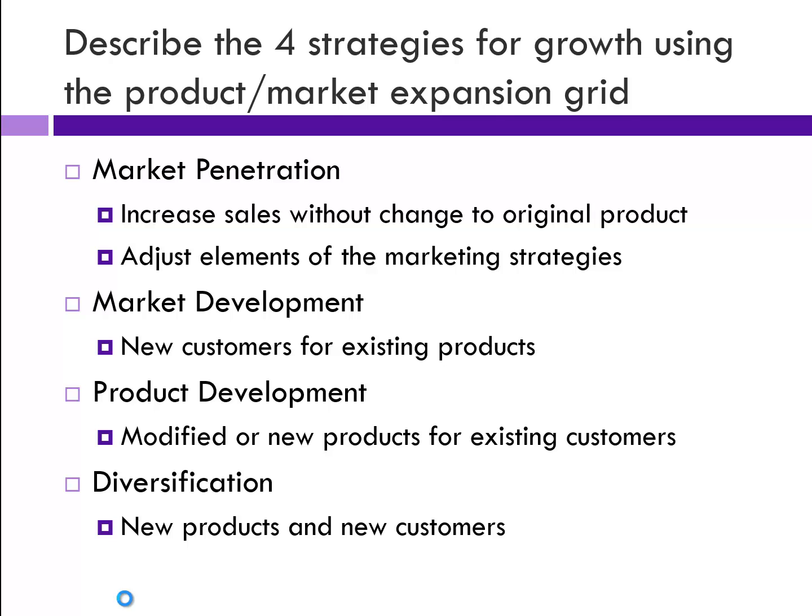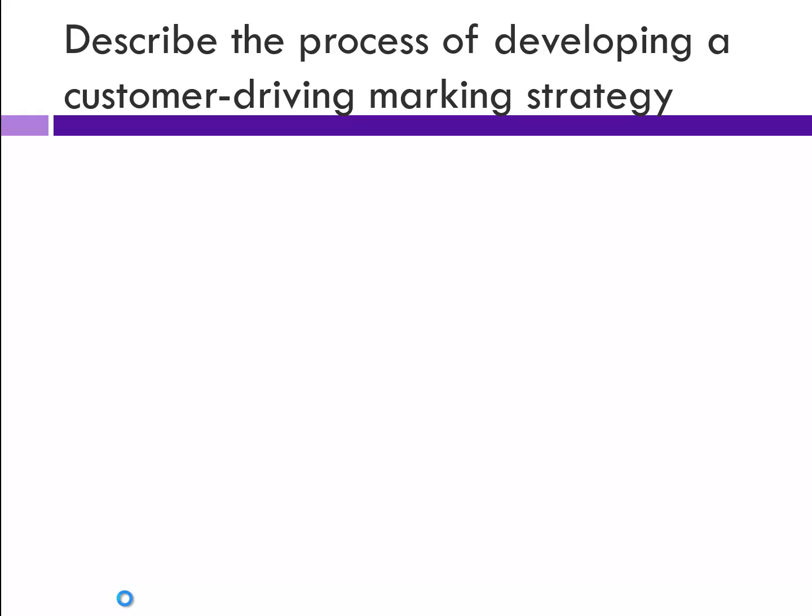All right, so developing a customer-driven marketing strategy. Again, you need to stay focused on the customer here. The first step is segmenting the market. I'm going to take the market, let's say the United States, and I'm going to divide all the people into different segments based on different characteristics. It could be demographic characteristics, like income, age, family lifestyle, any of those types of things. It could be geographic segmentation based on northeast, southeast, west, that kind of stuff. So I'm going to divide the market up into all these different groups.